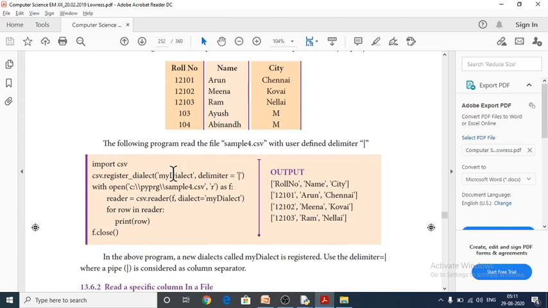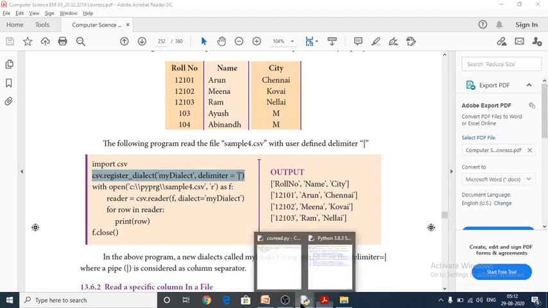So again I am going to give the same thing with custom delimiter called pipeline. So in this program I am going to use custom delimiter called pipeline. When you are going to use this custom delimiter pipeline, it should be considered as a column separator. So see here, you are able to